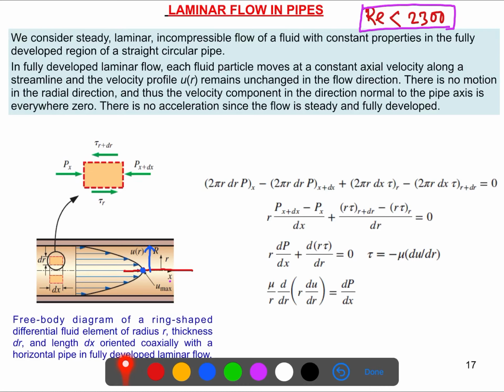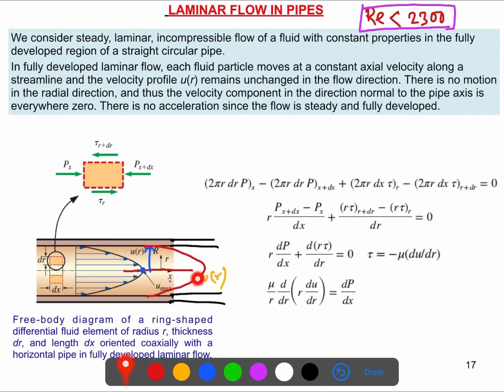So we took this very differential section here. What we can say, when it is a fully developed laminar flow, is that the fluid particles are moving along the axial direction. So the velocity profile will be defined by u(r), and it will be constant. When the flow is fully developed, if it is, let's say, another 10 meters long, we will get a similar fully developed profile here. So that means this u(r),